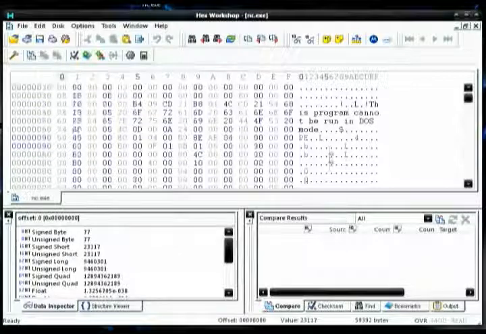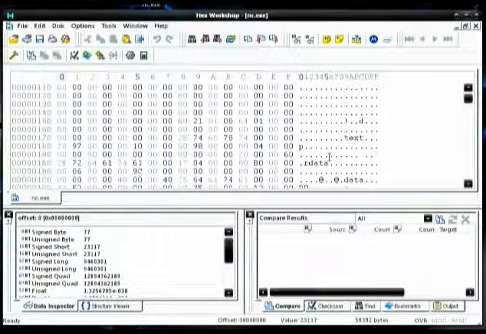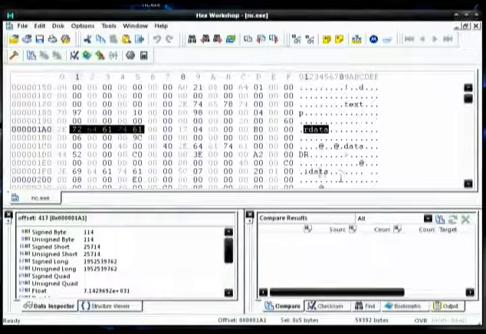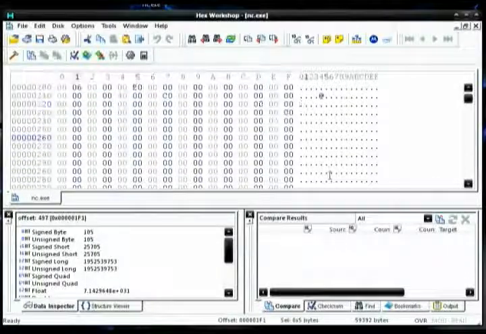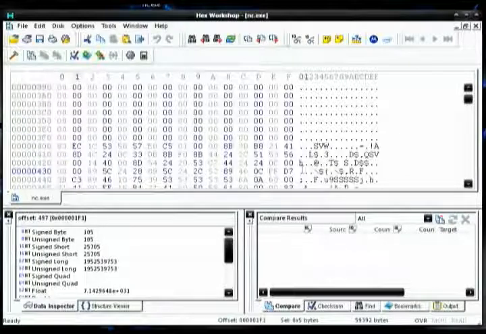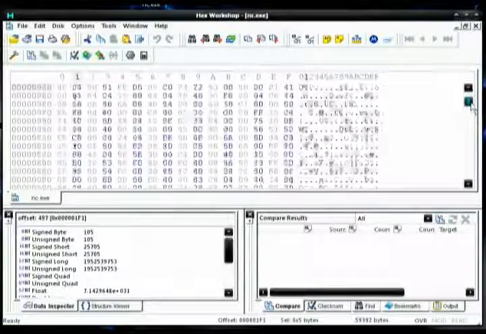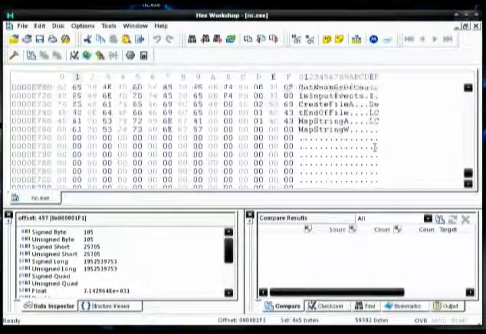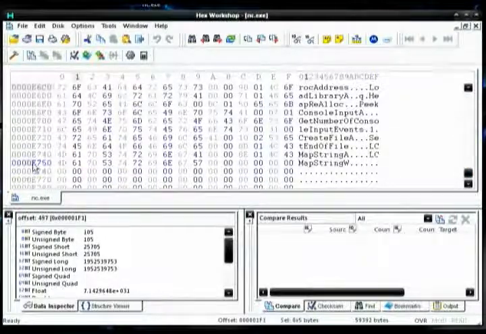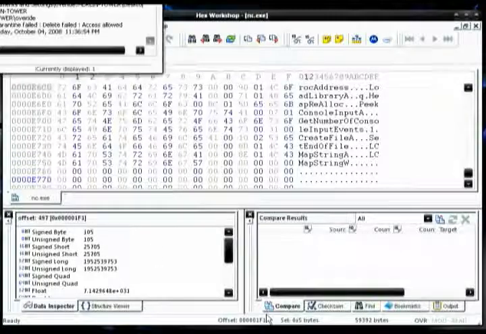The first part of the code, as you can see, is the PE header. The code starts around address, that's all PE header, around address 400. That's where our program is going to start. So we're going to scroll down to the end of the program, find our end address, which looks around E770, we'll just say. So we're going to take that memory address and divide it in half to find the middle